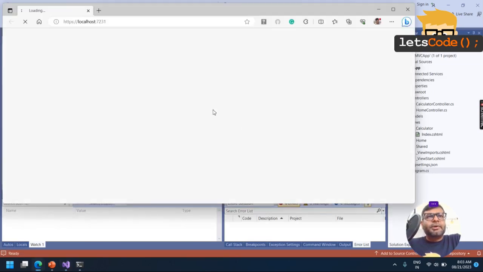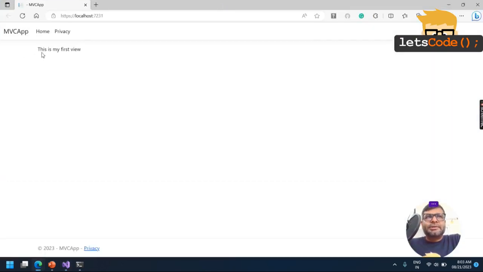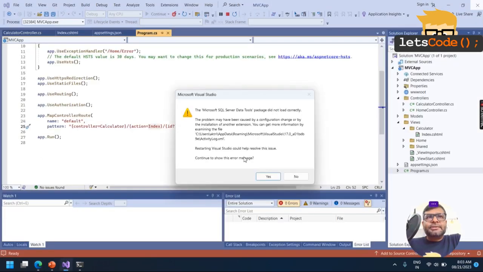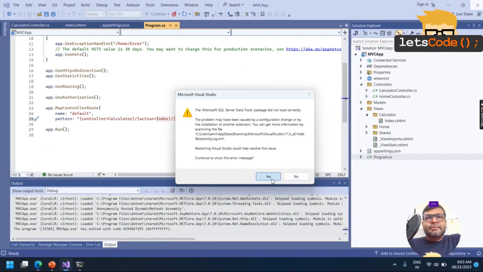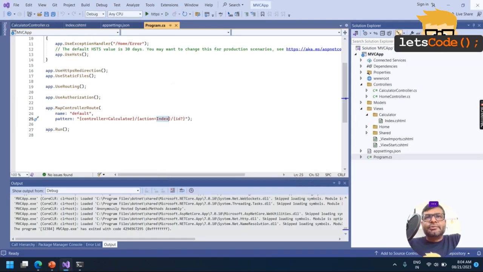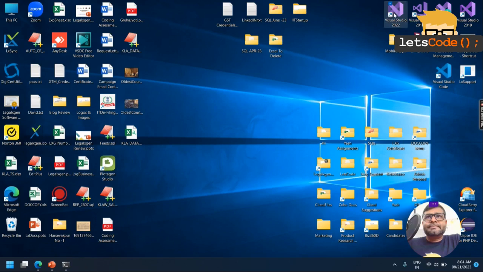Some exceptions were popping up. I'm not sure what the reason was, but anyway, our view is working. Now let me close this, and okay, it says restart Visual Studio. So let me restart it once.